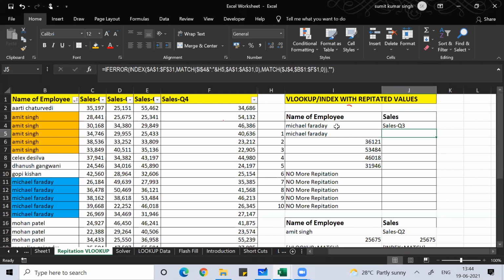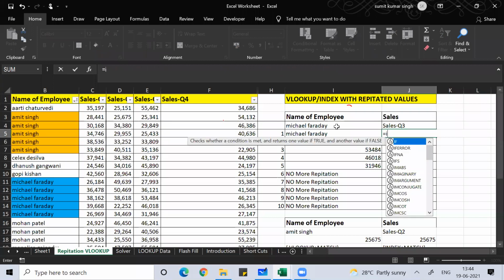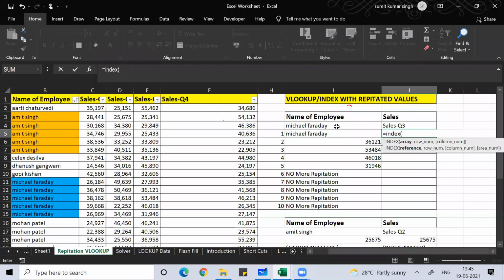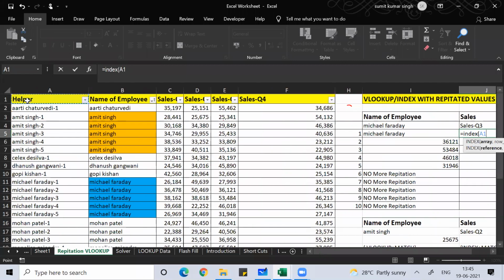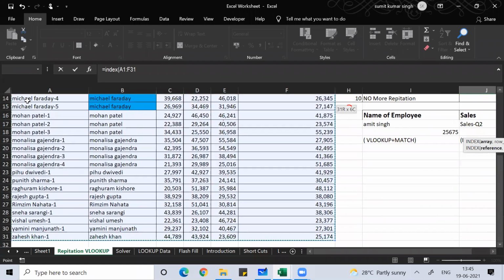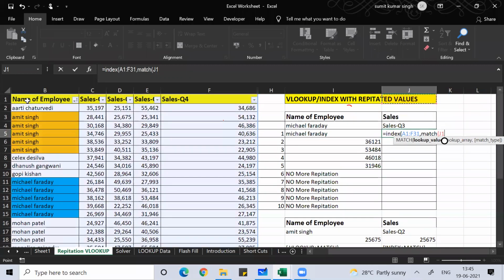The same thing I can do by using the INDEX function: equal to INDEX, array. What is my array? Select everything, Control Shift Right Arrow, Down Arrow, comma. What is your row number? MATCH. The row number is this name.